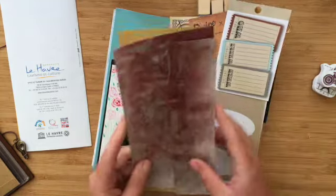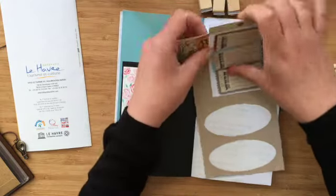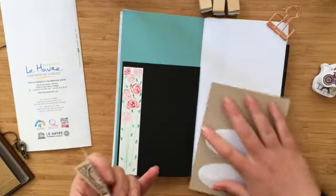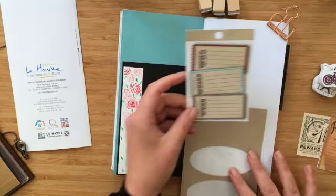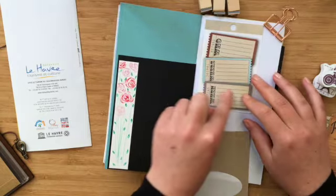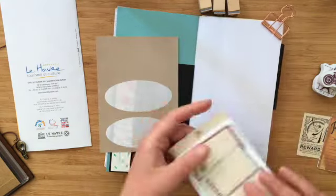And you'll notice I'm probably pulling more things than I can realistically fit on this particular spread, but that is okay because we're just gonna kind of wing it. So I think what I'm gonna do is have, let's see. So I'm gonna cut